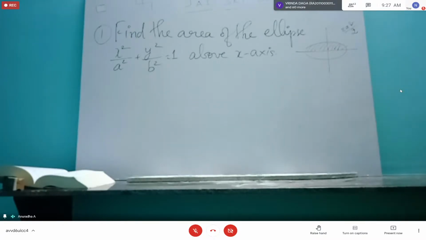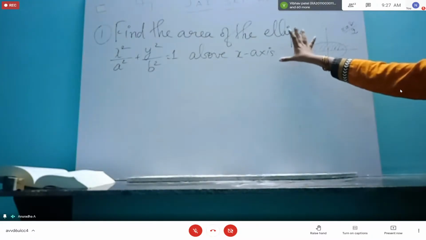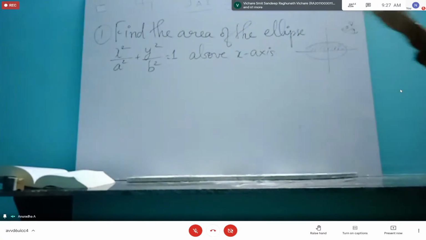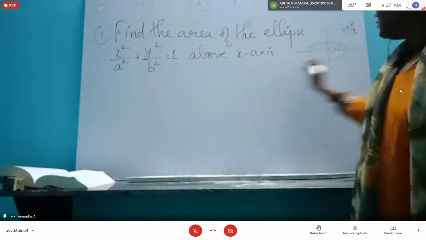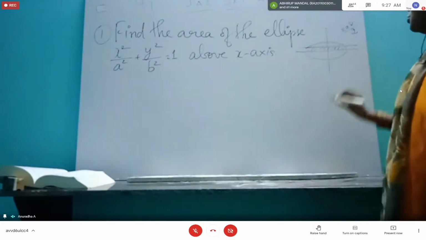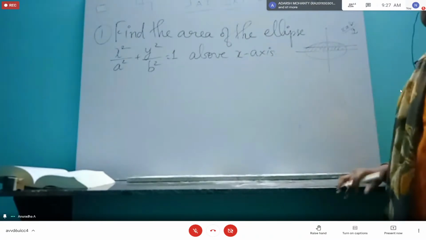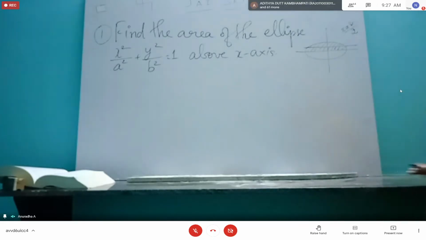Okay, now we have to bring it. So let's see how to do that. Every time it will not be as easy a sum. I'm starting with an easy sum. So for the MCQ, don't think that if I know all the area formulas I can write the answer. Don't think like that. Instead of only above x-axis, what they will do is they will say the line y equal to 3. So instead of that, we have to cut here. They will say something like that. I started with a simple sum. So our answer is pi ab by 2.